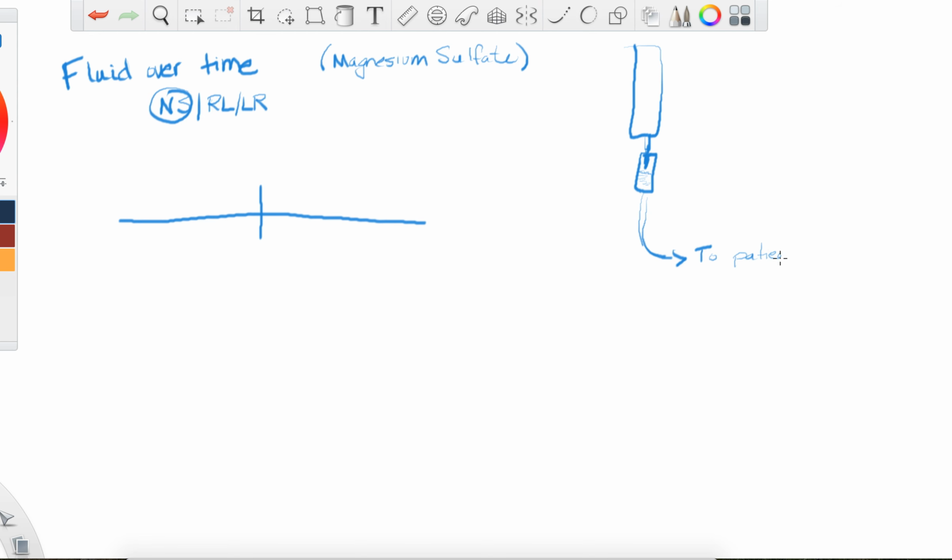Now this little tube here with the little needle-like structure, along with your line, is going to be referred to